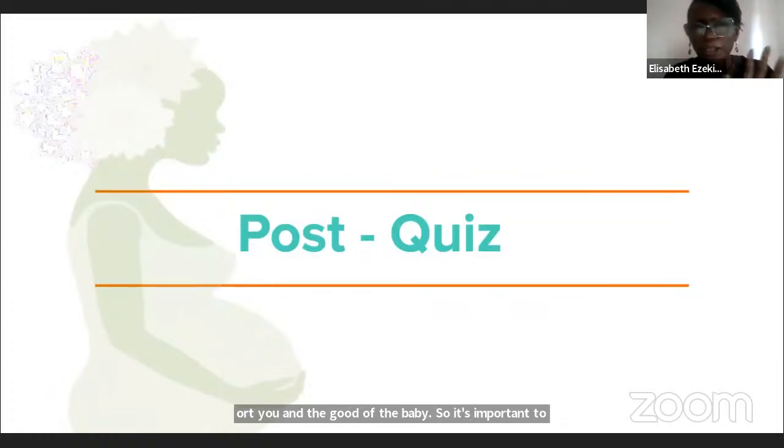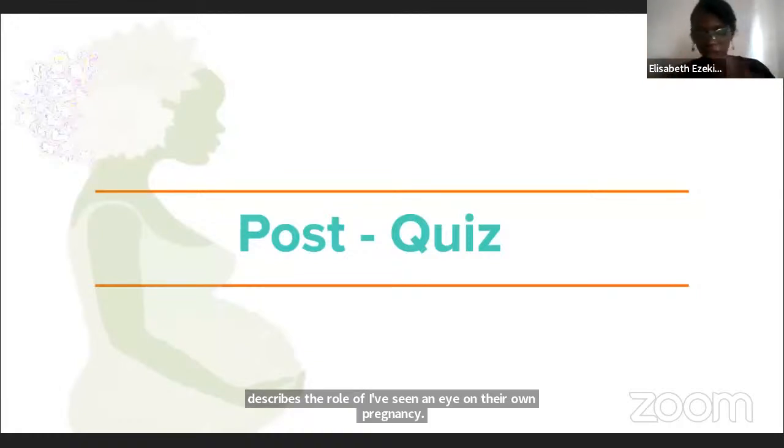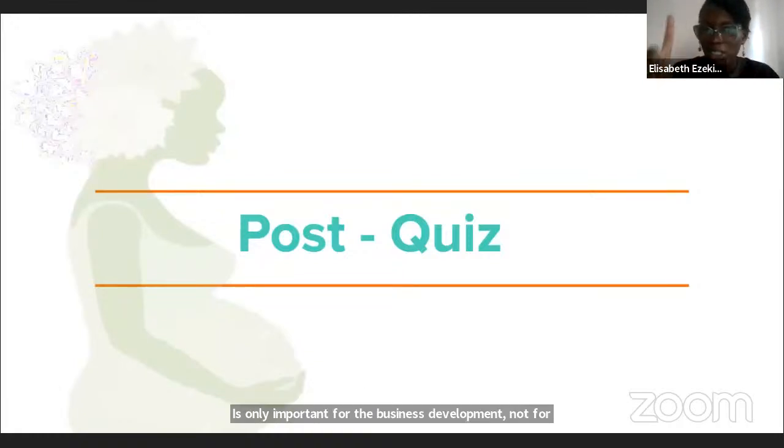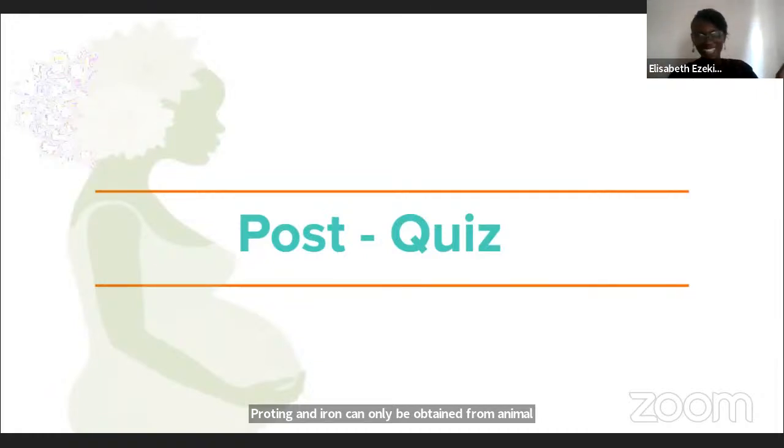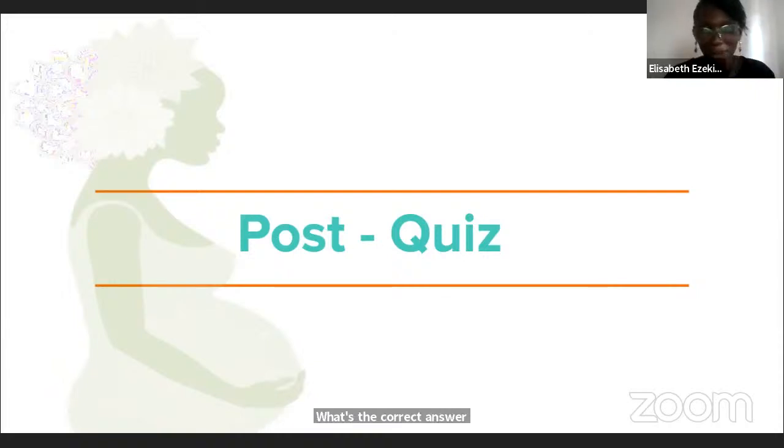Number 6, which of the following statements correctly describes the role of protein and iron during pregnancy? A, protein is only important for the baby's development, not for the mother. B, iron is needed to make your baby's blood supply and helps form hemoglobin, a protein in red blood cells that brings oxygen to your tissues. C, protein and iron can only be obtained from animal sources. And D, iron is not necessary for pregnant women since their blood volume does not increase. What's the correct answer? B. B, iron is needed to make your baby's blood supply and form a protein in red blood cells that brings